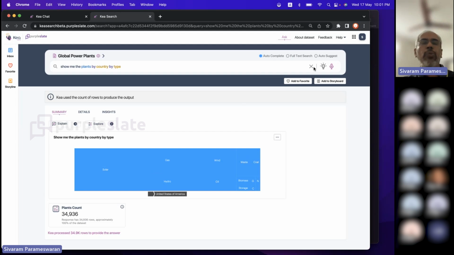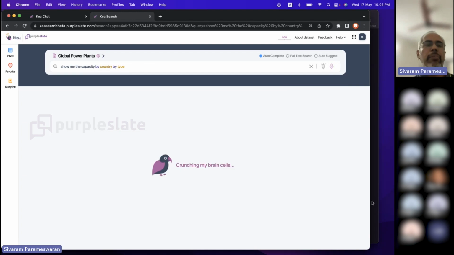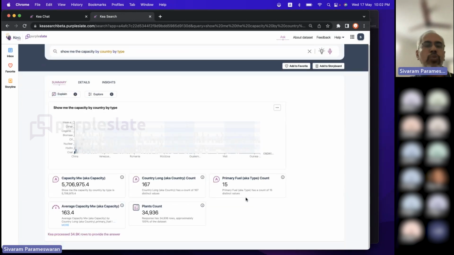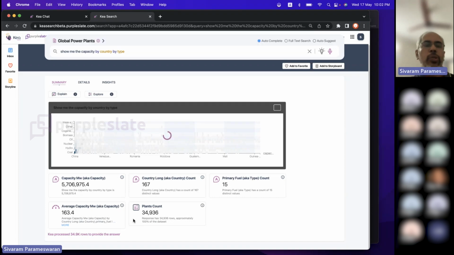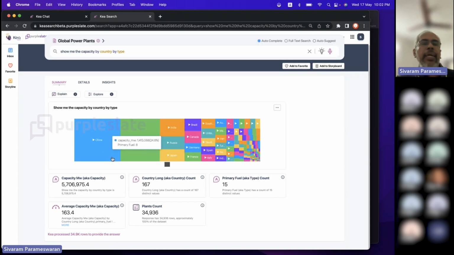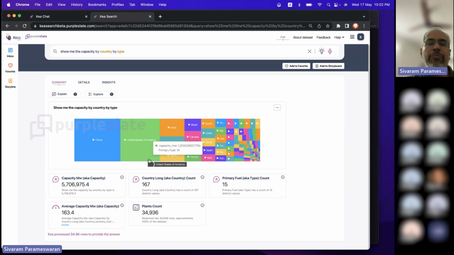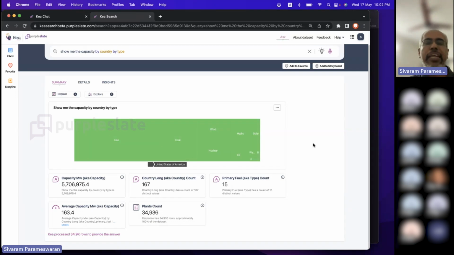So what I could do is, instead of plants, say, show me the capacity by country and by type, not just the count of plants. Now I can see the maximum power generation capacity. In fact, United States may have the more number of plants, but if you really look at United States now, in terms of the capacity,